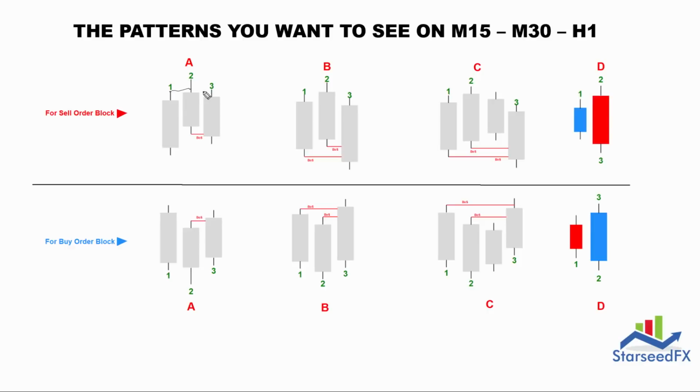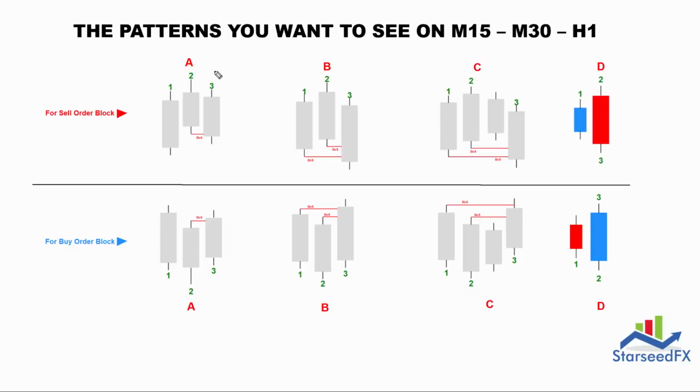After you see a candle formation like this on M15 or M30 or H1, you will usually find a new order block around this candle number 2 on a much lower time frame. By doing this, you can easily aim for 1 to 10 or more, especially if you snipe it on a one-minute chart. But M5 can also do the same. I personally like to trade on M5, not M1. I'm going to show you examples on a real chart soon, but for now let's focus on this pattern first, okay?